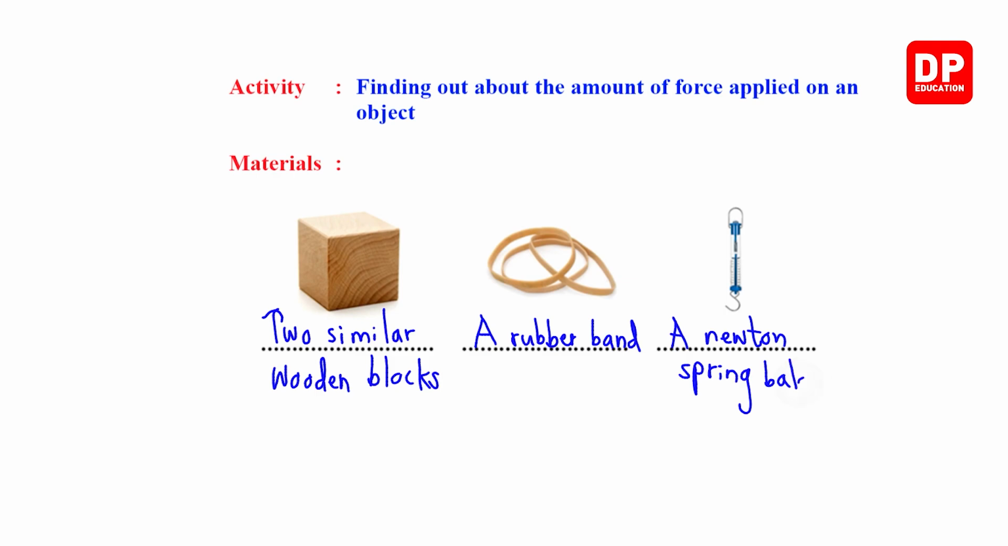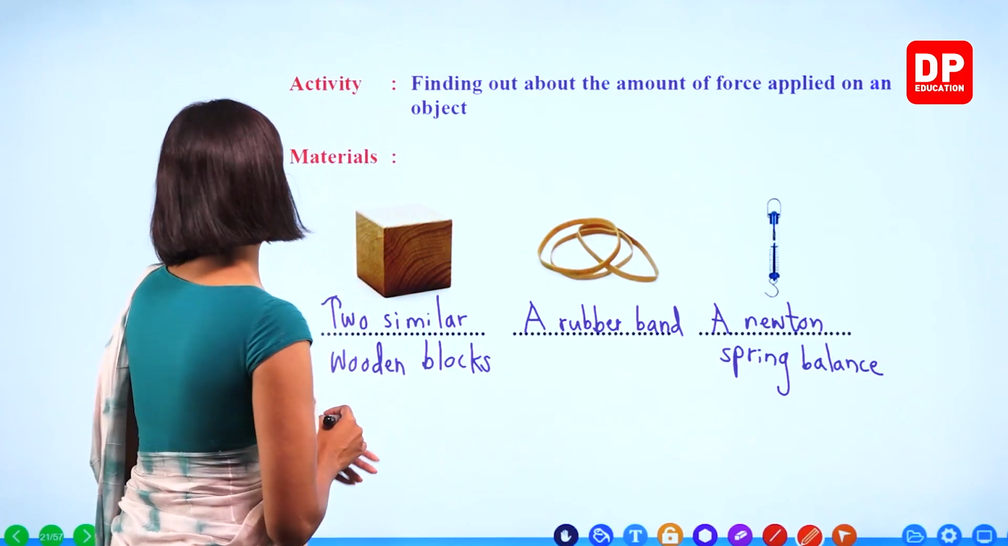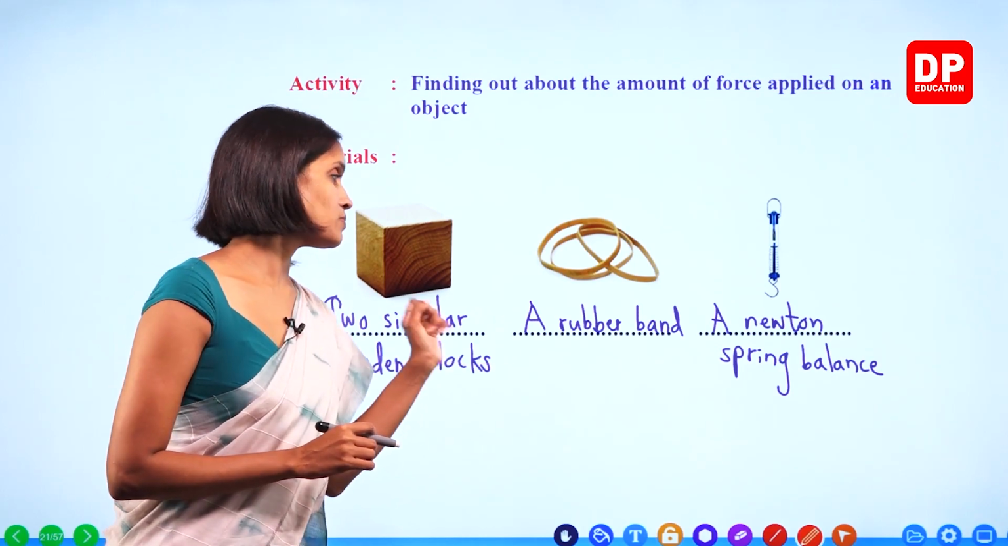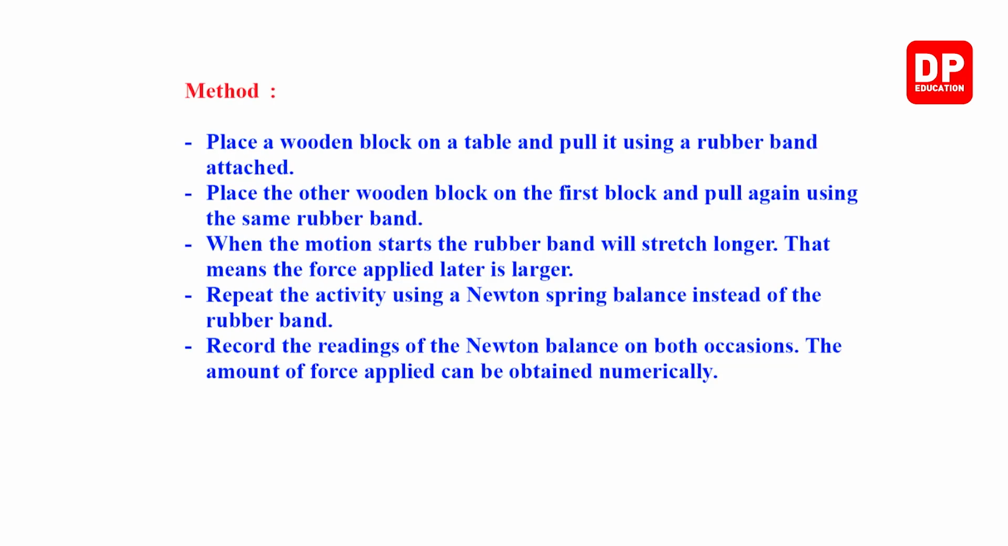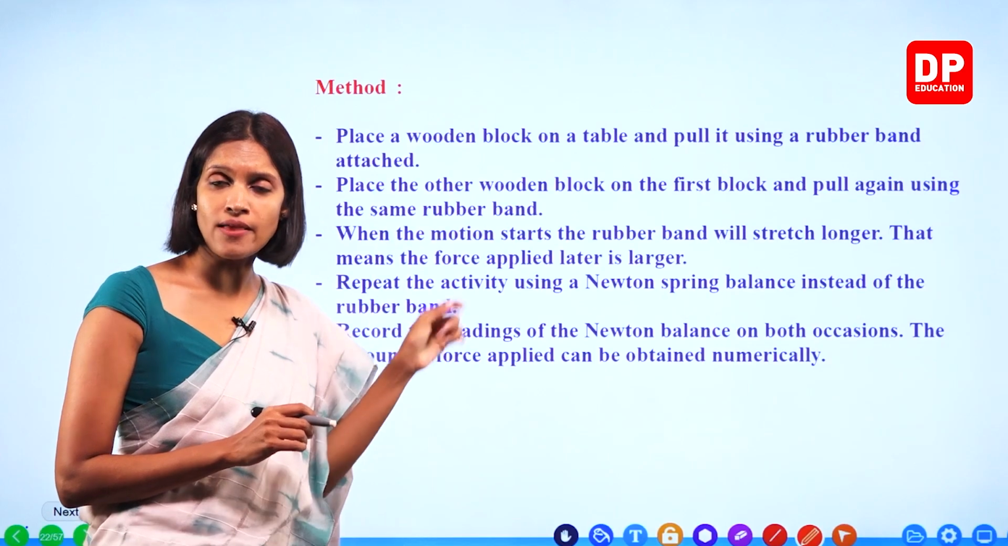A Newton spring balance. Right, children? Two similar wooden blocks, a rubber band and a Newton spring balance. Okay? What is the method? Place a wooden block on a table and pull it using a rubber band attached. So using a hook, you have to attach a rubber band to the wooden block and then you have to